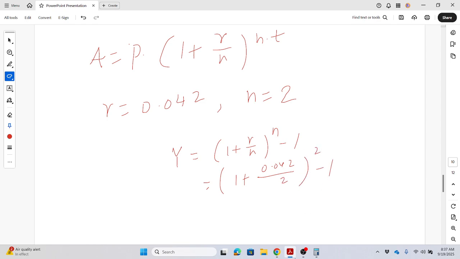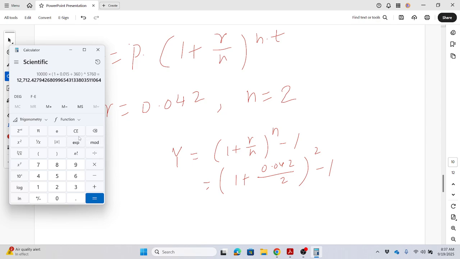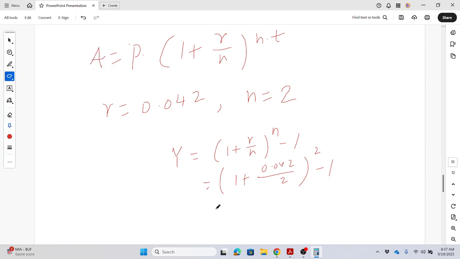We just need to do this calculation: parenthesis 1 plus 0.042 divided by 2, to the power 2, minus 1. That gives you the effective annual yield, which is